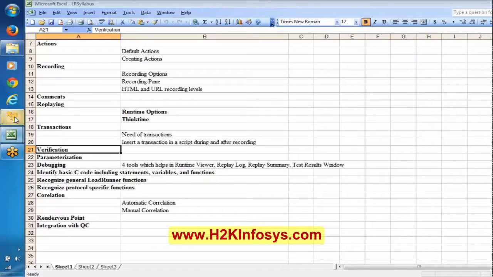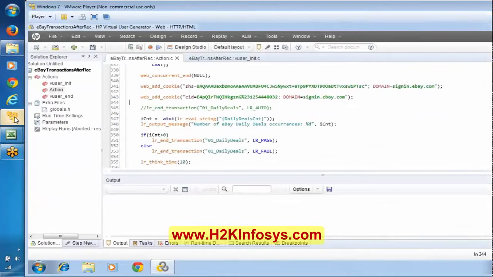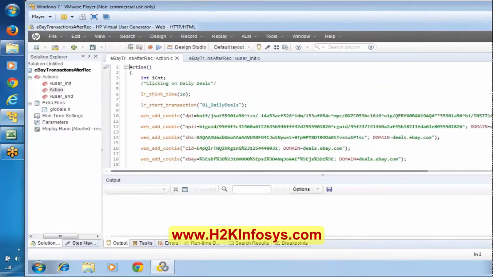Now here, I think we were in the middle of the logic. Somewhere we kept this particular logic here. We declare this particular variable. This is an integer variable. In today's class, we will try to understand an overview on C language. As of now, this is a C language variable here. iCnt is a variable of type integer.